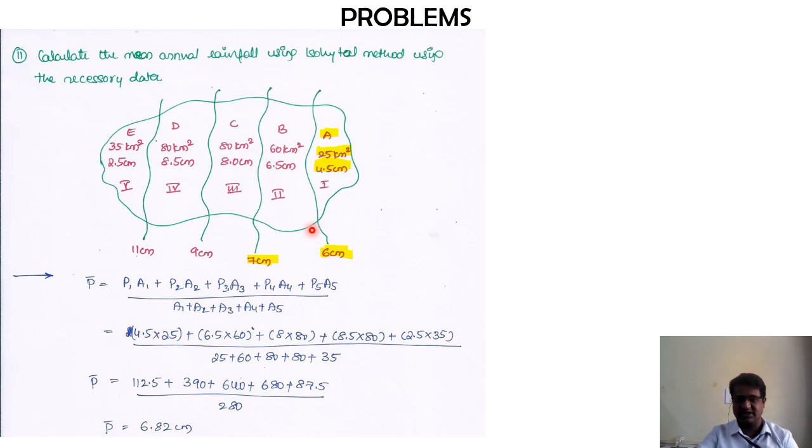Okay, so that's why in the isohyetal method you will never find the rain gauge station placement over there, but instead you will just find the isohyet placement. And the second thing is they can give you the data in various ways. They can give you this particular rainfall data or isohyetal data in any way. So if you check the previous problem, there they gave you the isohyetal value for the corresponding isohyets, and you only needed to calculate the average value between those, and we assumed that it is there for the starting as well as for the ending section.